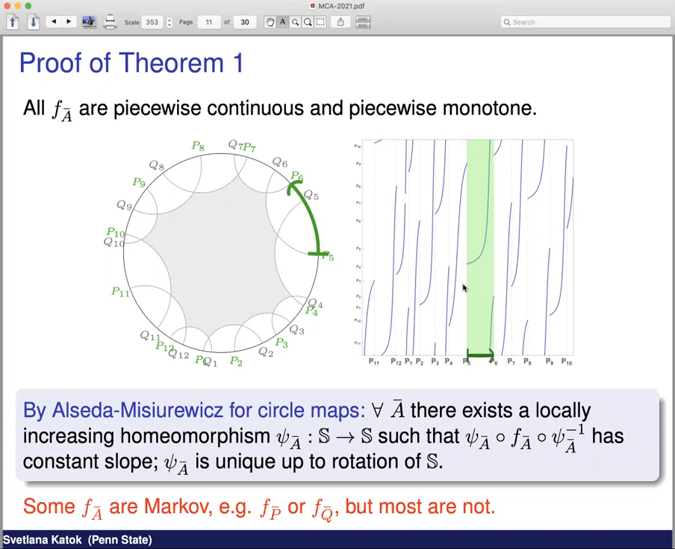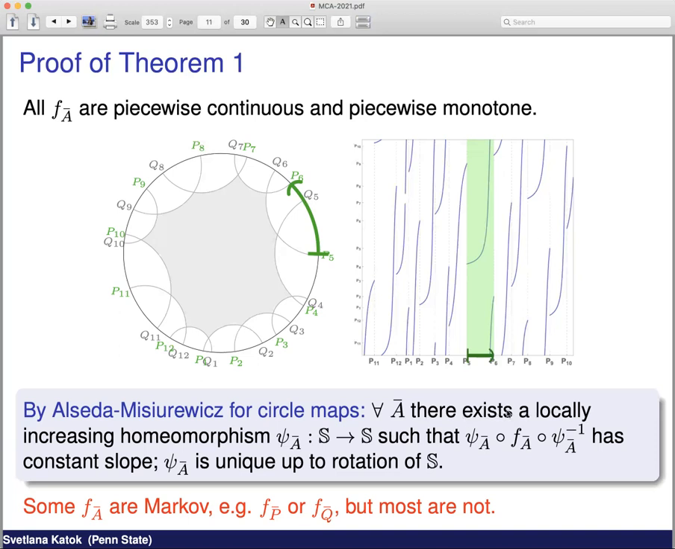It's like a fractional linear transformation, but not, because you look at the argument. You have to look at the argument. So you cannot say that this is really a fractional linear transformation, but it totally behaves like it. So this is the result which we are going to use, which is a combination of Alseda-Misiurewicz kind of extension for circle maps. For any A,